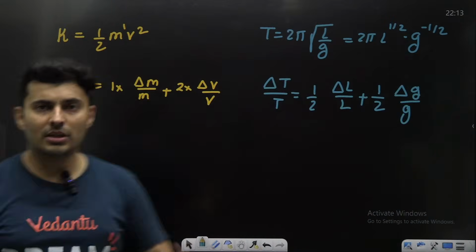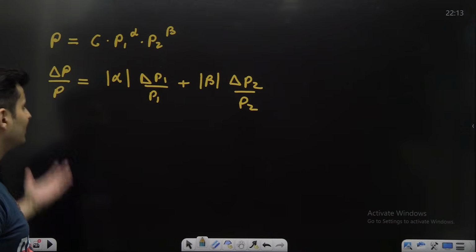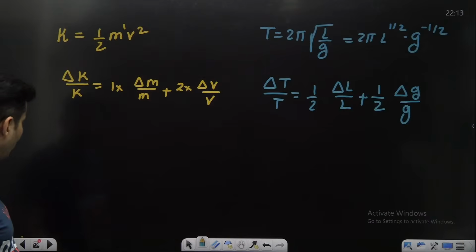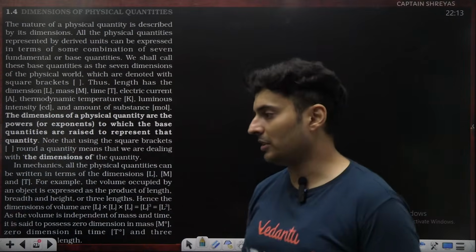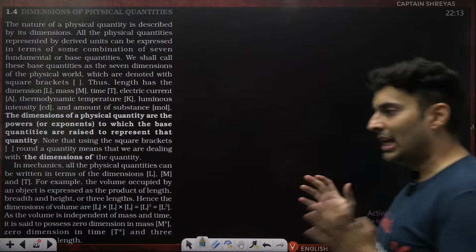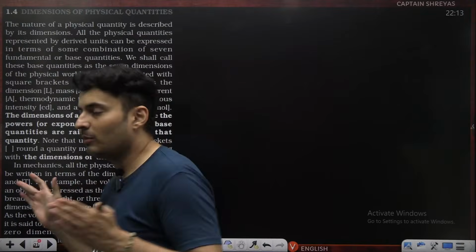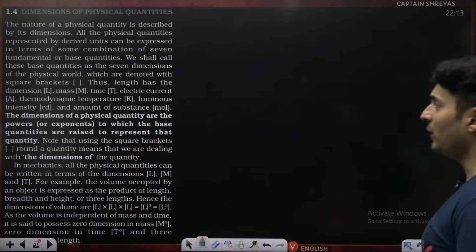Understand that. This is what you should know in terms of relative errors, multiplication, division, anything. So this is a very important rule. Many questions are asked in the NEET exam based on this. All right. Now let's come to the last part of this particular unit where we talk about dimensions of a quantity, what are the applications and uses, and how do you find it.